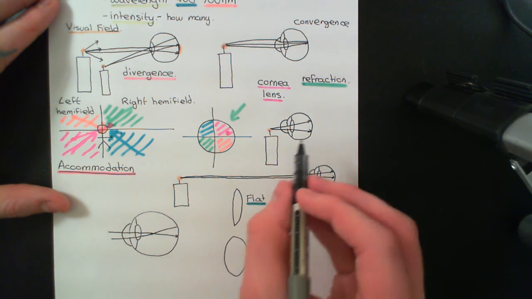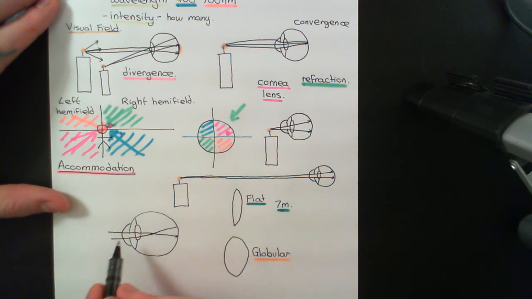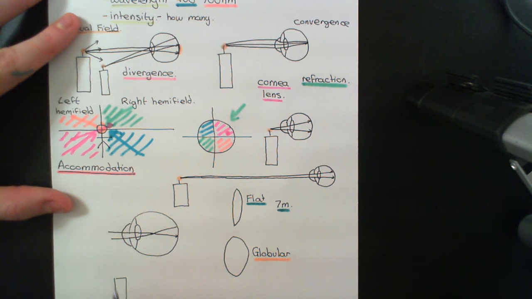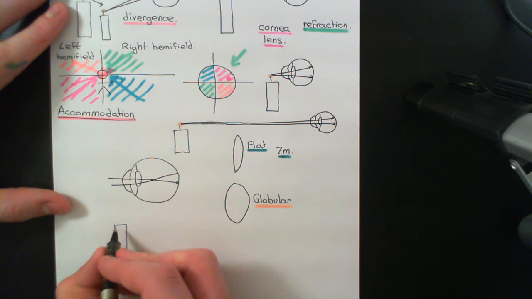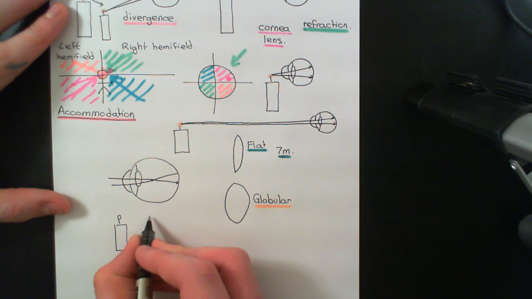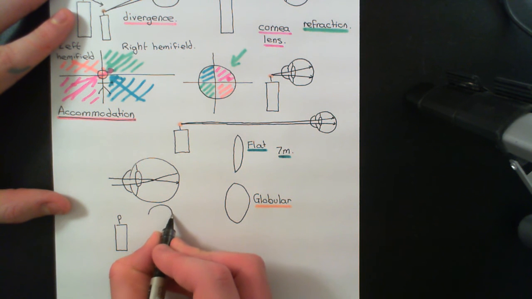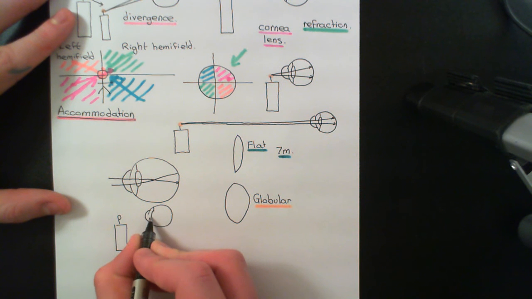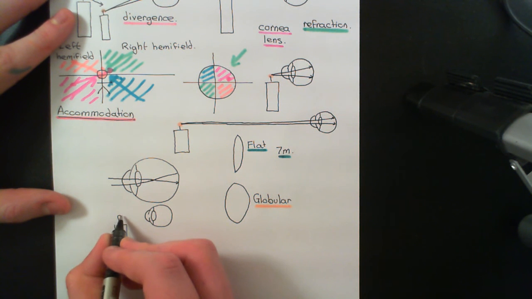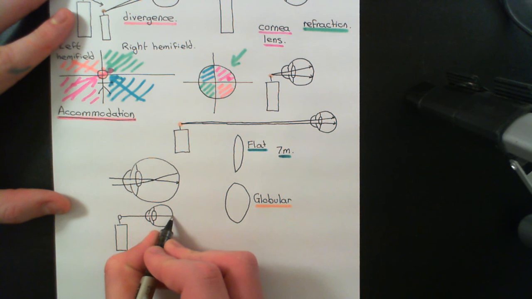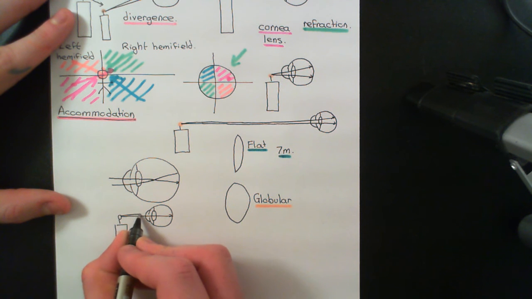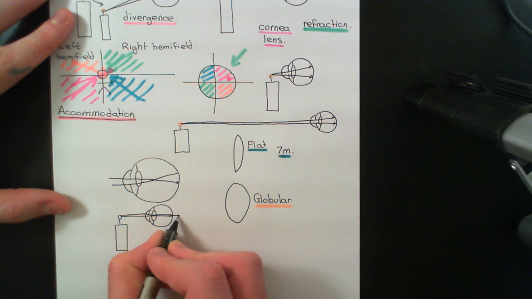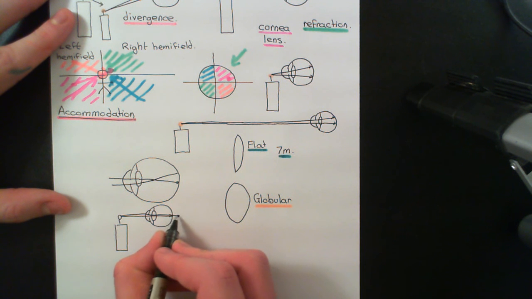So let me show you what would happen if we had the flat lens and we were looking at an object very close to us. So I'll just move this up a little bit. So here is the candle here, and we're now looking very close. We're looking at it with an eye that is very close. So here's our eye, here's the cornea, here's our flat lens, and now what will happen is here comes a light ray straight in. Now let's draw some ones that are on more of an angle. Here's one, and what would happen is they would be converging,